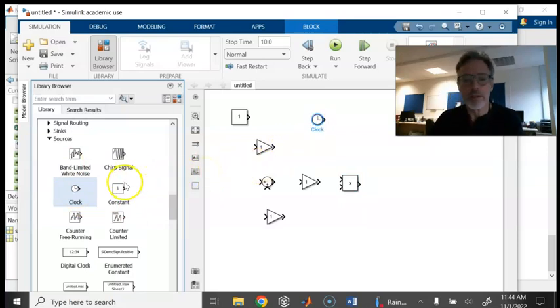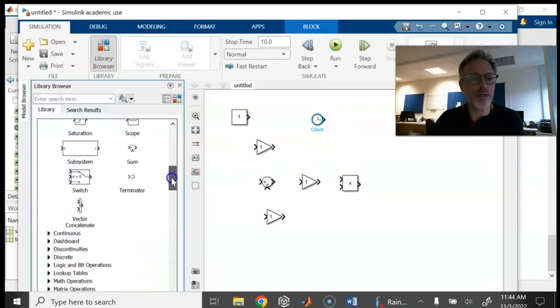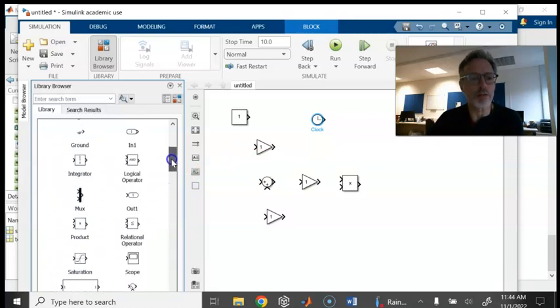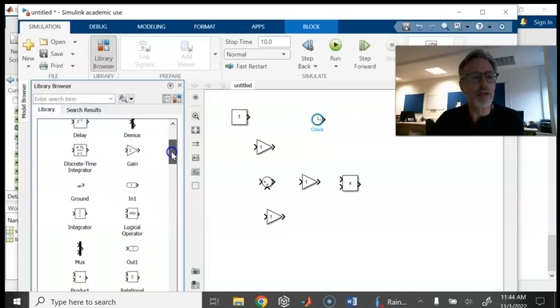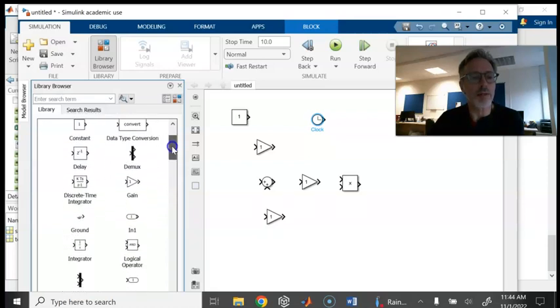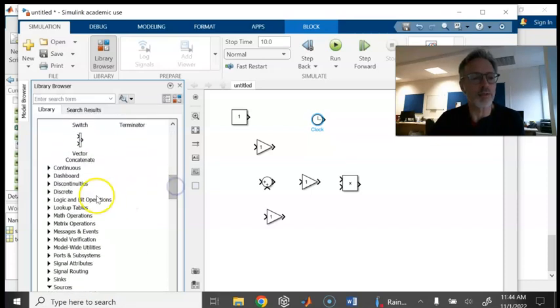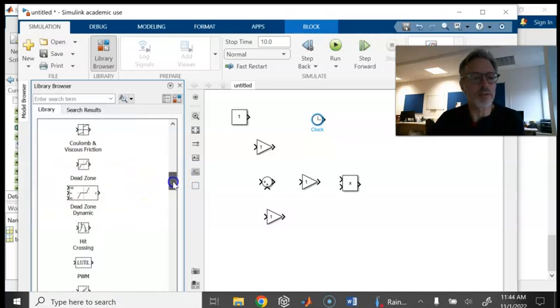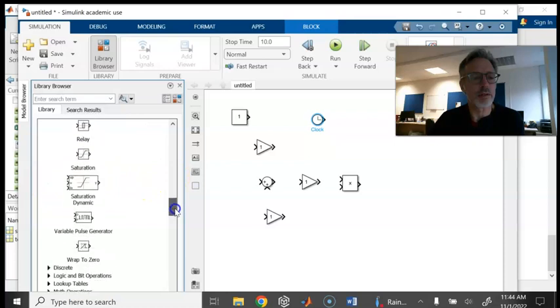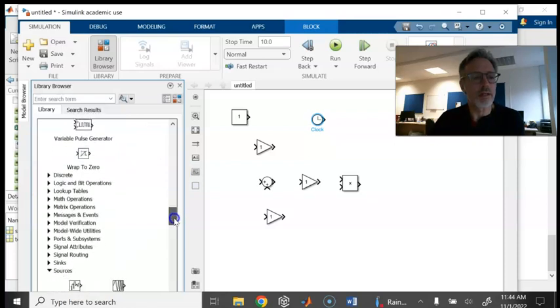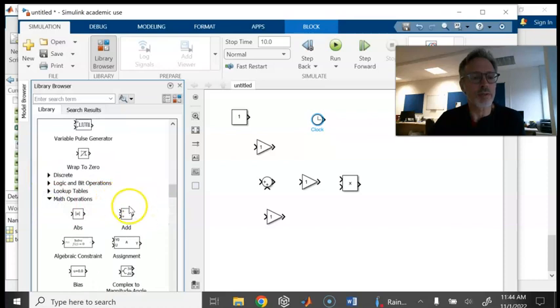What else do I want? I know there's absolute value in my expression for acceleration. Not seeing that one in the commonly used blocks. Now, absolute value is a nonlinear thing, so I'll go into, let's try discontinuity, see if it's in there. Okay, it's not in there. Math operations, maybe? Absolute value, there it is. It's worth your while to poke around these libraries and just get familiar with all the different